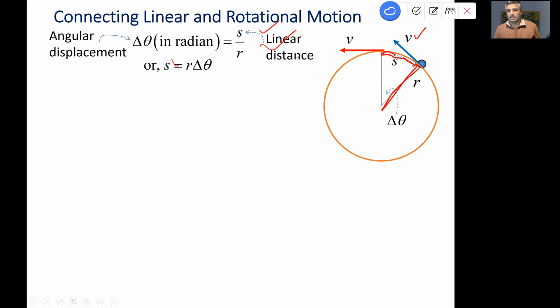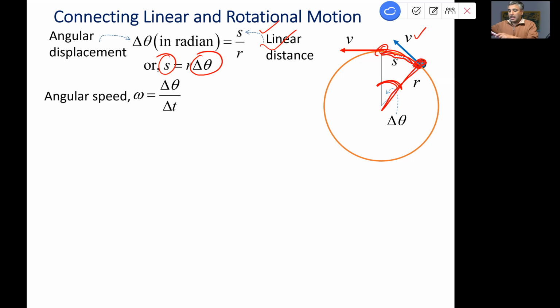S is equal to R times delta theta. So think about this as a review. We did this exactly in circular motion as well. But now, this is going to help us connect the angular displacement and the linear distance. So this is like a linear distance this one travels when it goes from here to here, in terms of angle. That's the angular displacement. Okay. So now, when it is going something like this, what happens is,